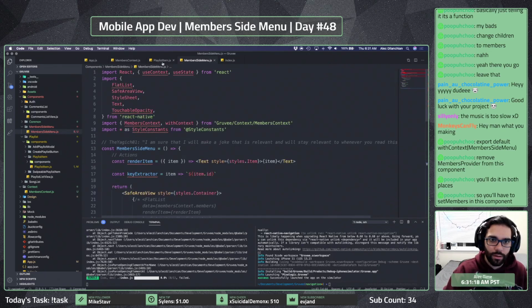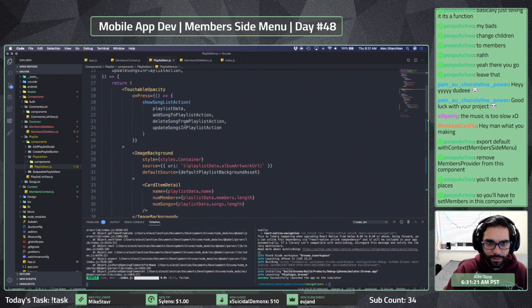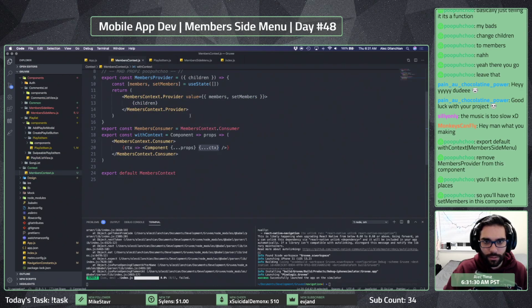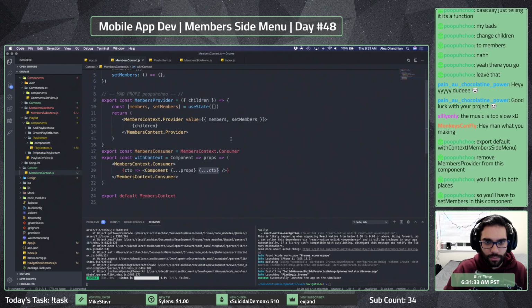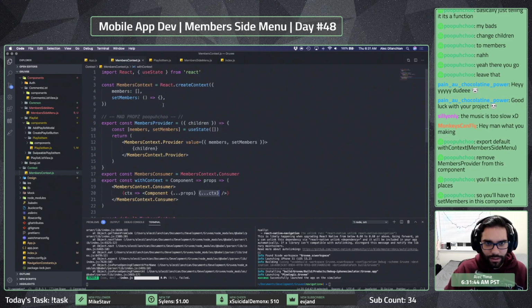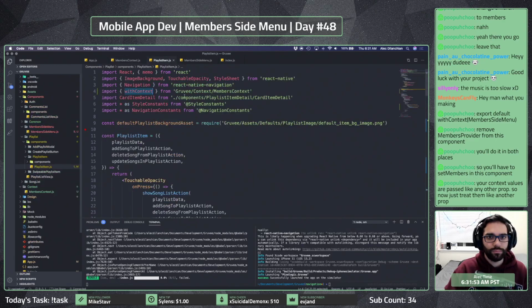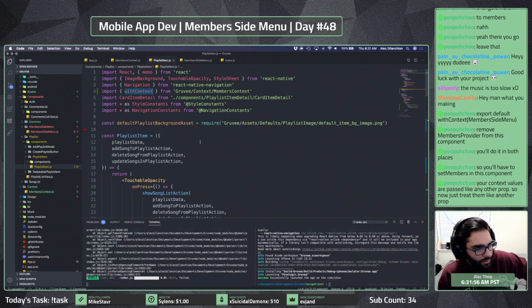So that's there. And then if we go back here to do the set members, well, don't we still need to get that off of the members context? So it would be members context dot set members. Your context values are passed like any other prop, so now just treat them like any other prop.